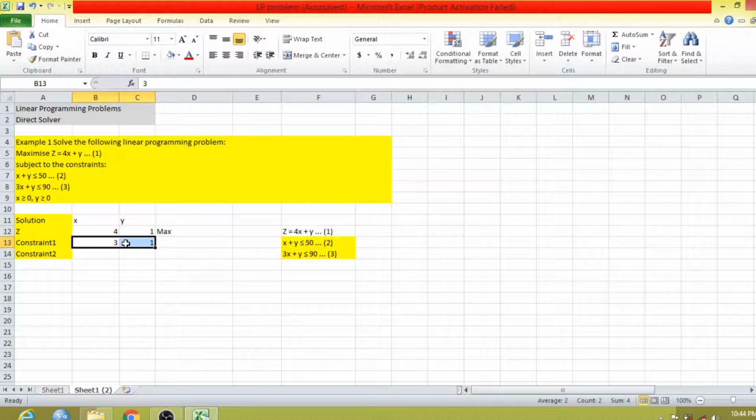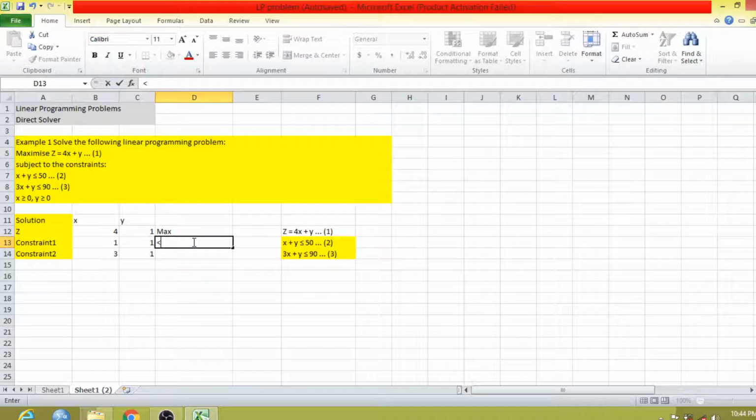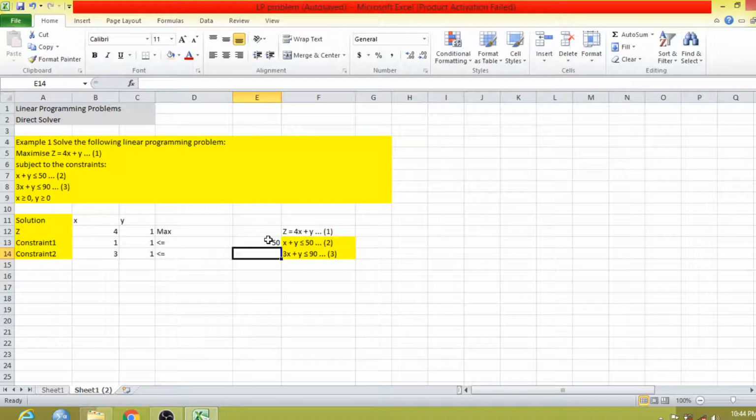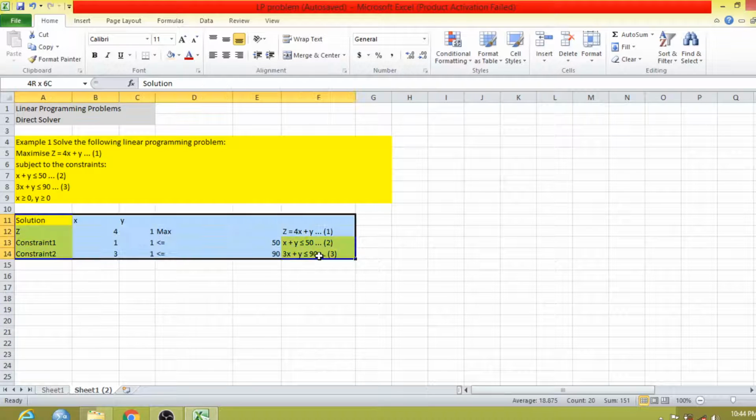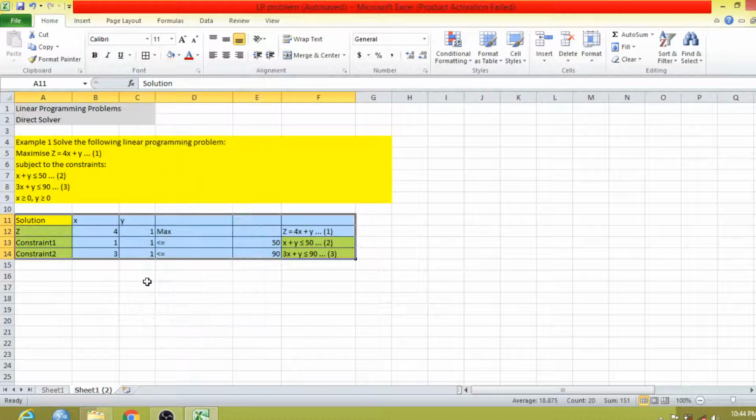No, this is not for constraint 1, this is for constraint 2. Constraint 1 is 1 and 1. It is less than or equal to, same here, less than or equal to. It is 50, it is 90. This is the form.